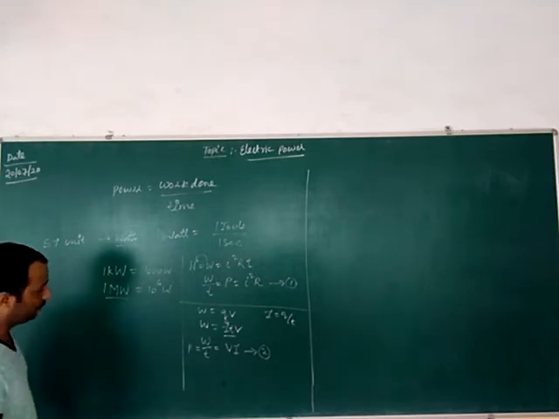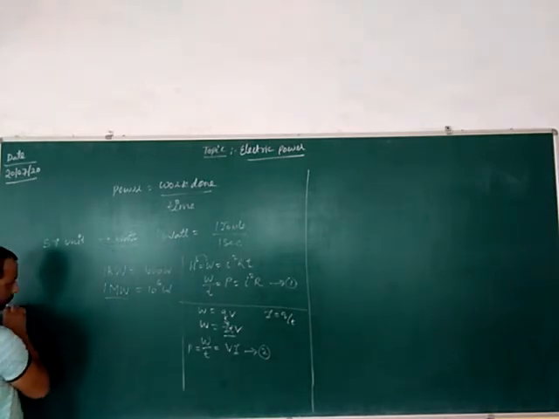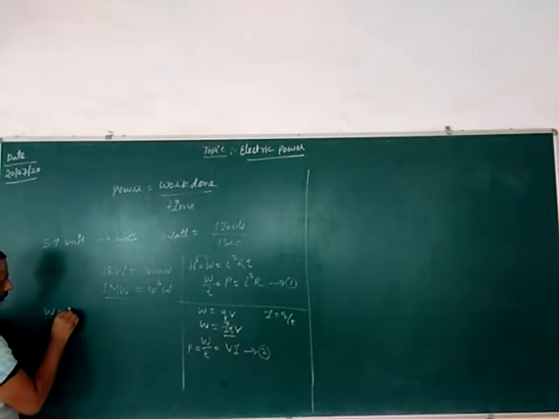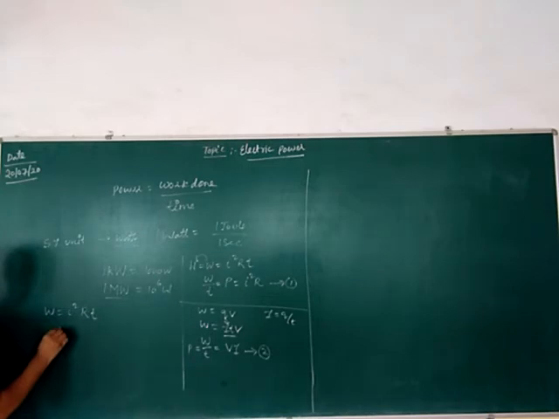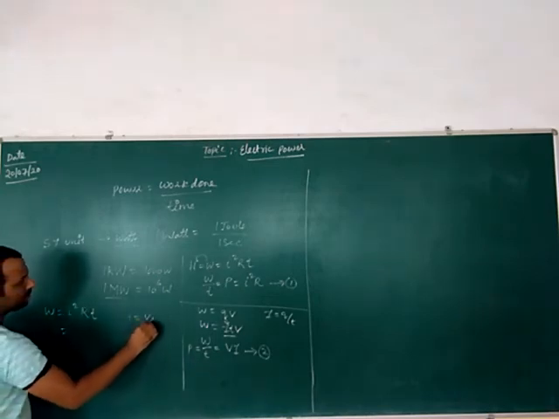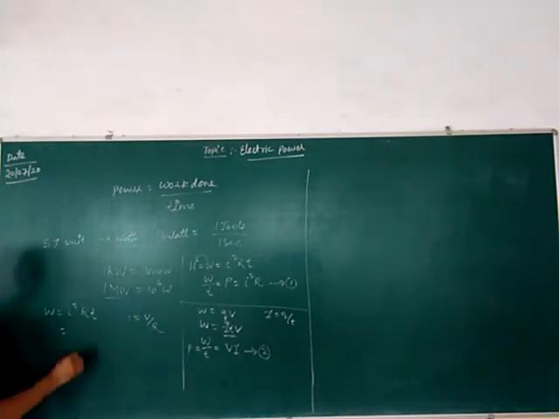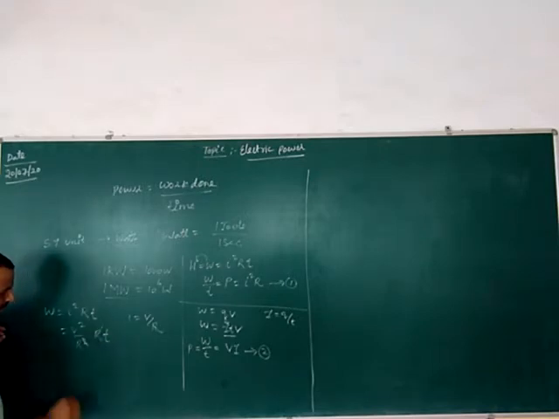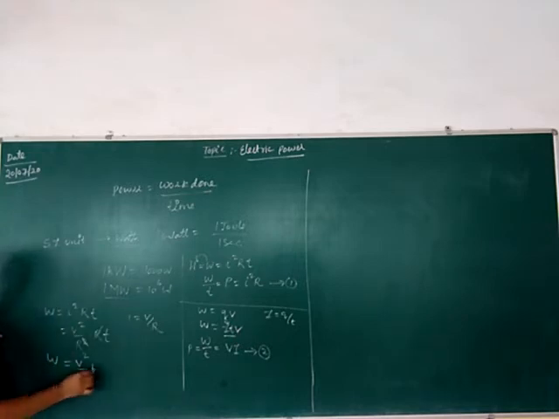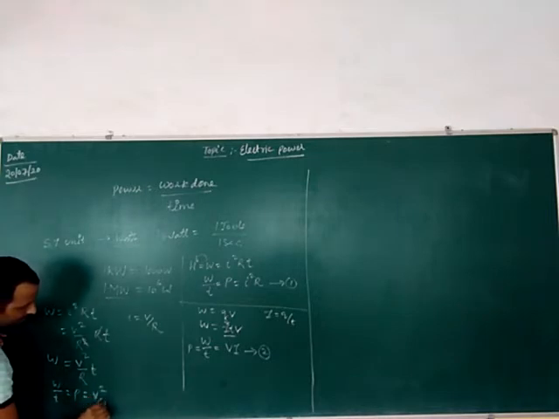One more formula is also there for the electrical power. Let us see what it is. Work done is equal to I square RT. This we have learned earlier; this is the Joule heating. In place of I, if we replace I is equal to V upon R from Ohm's law, we get V square upon R square into R into T. One R will get cancelled, and this is V square upon R into T. So work done upon time is the power, and this is the third formula for the electrical power.